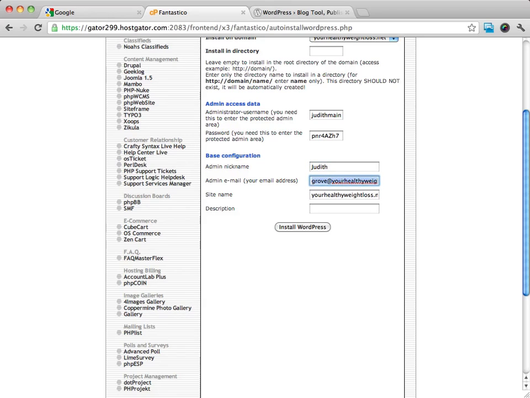We're going to set up an admin email address, which is actually admin on this site. And then a site name. What you want to do here is use your main keywords as the site name. A lot of times all you'll do is separate your domain name into a couple of different words. So in this case, we're going to be using Your Healthy Weight Loss. And then for my description,